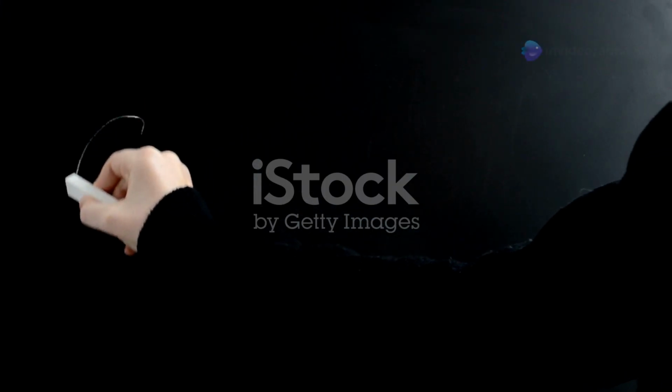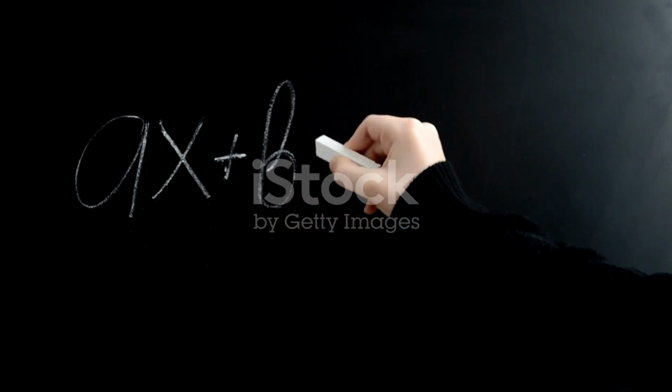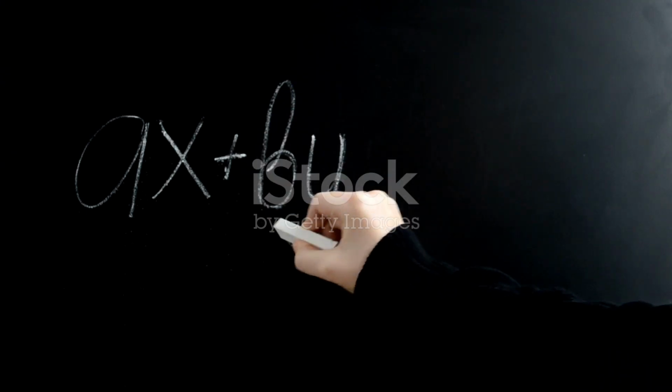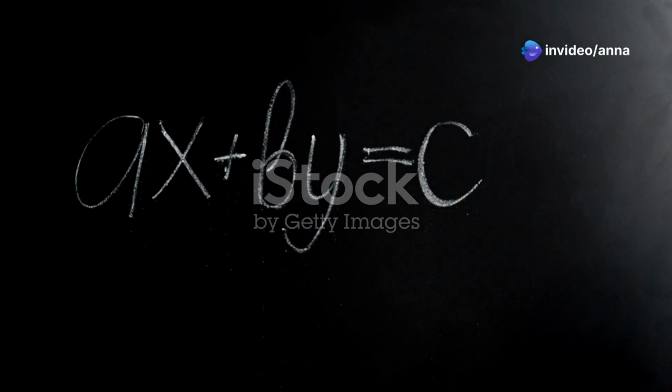Variables. These are letters like x, y, or z that represent unknown numbers. Think of them as placeholders. Variables allow us to write general formulas and solve problems where the exact numbers may not be known initially. For example, in the equation x plus 2 equals 5, x is a variable that we can solve for to